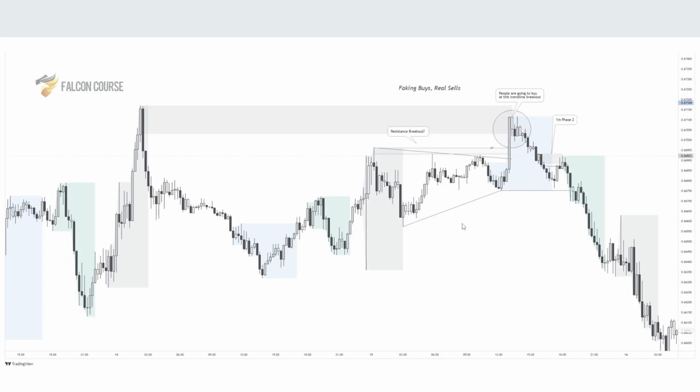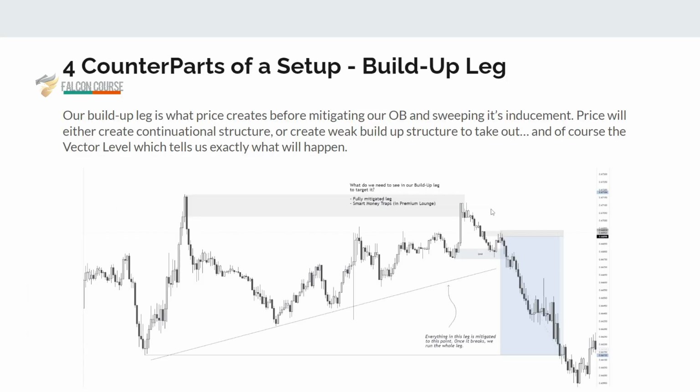Very similar to traps, really. We have traps at that order block mitigation, but we also have traps in this leg up here for targeting. So we're going to look at that next. Build up leg. This is the same chart as this one, but we're looking at the build up leg. The leg that started the move to that order block. Because this in turn gives us targets, which we'll look at as well, okay?